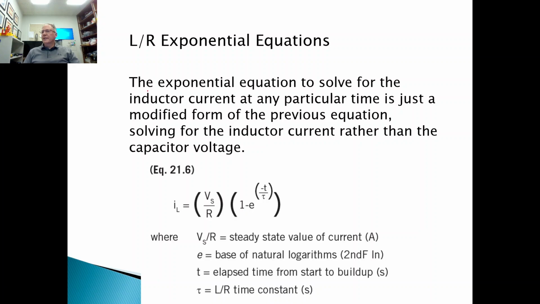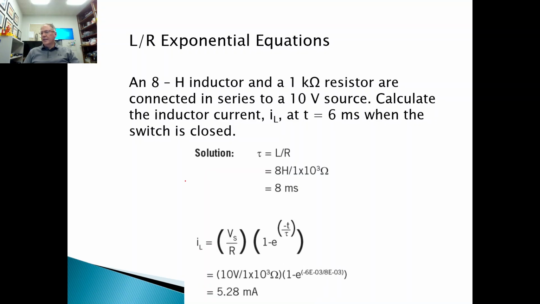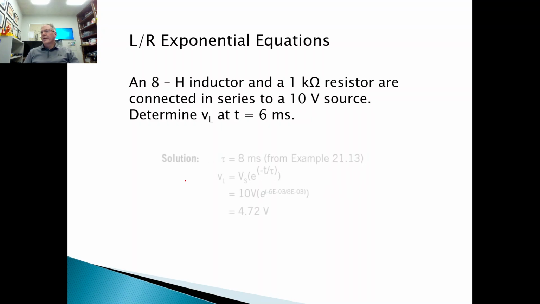And the relationship for the exponential is the current of the inductor equals the source voltage divided by the resistance times 1 minus e to the negative t over tau. So here are some formulas that will go through that and calculate the instantaneous current and the instantaneous voltage. All right,